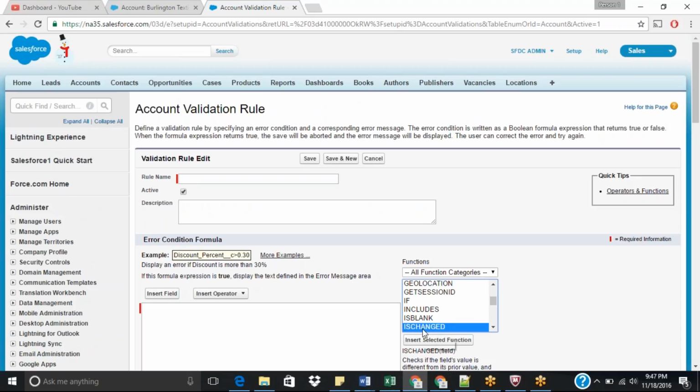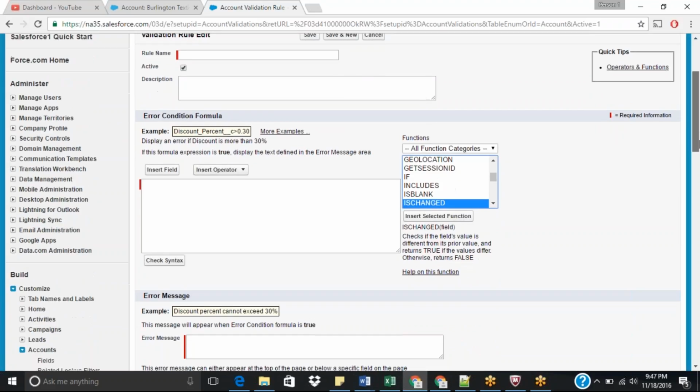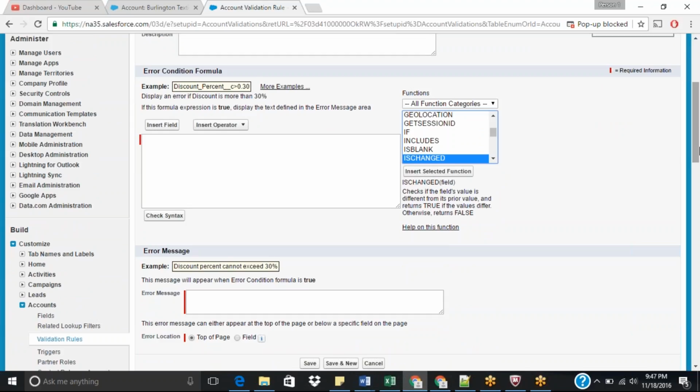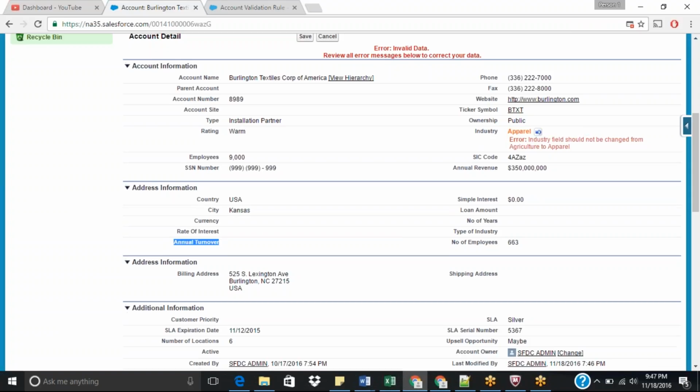Okay, right. Next, there is one more function which we use sometimes. ISCHANGED. Okay, so a user is entering a value in a field and you don't want to allow him to change it in the future. A user is entering a particular value in a particular field, but you don't want him to change that field information in the future. Maybe that is something confidential. Okay, so you don't want him to change that field value, then you can use this one, ISCHANGED field value. So what fields do we have? Annual turnover. Okay, maybe this is revenue information, so I don't want this user to change this information. Okay, so let me write